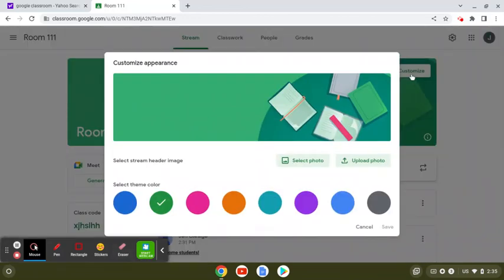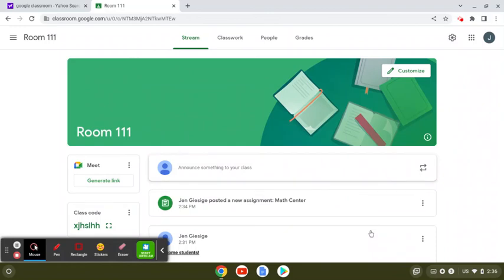Here, there's ways that you can customize it. You can choose a different color. You could select a class photo. You could upload a photo too. Like I said, this is just kind of the basics on how to get it started, but there are a lot of things that you can do,